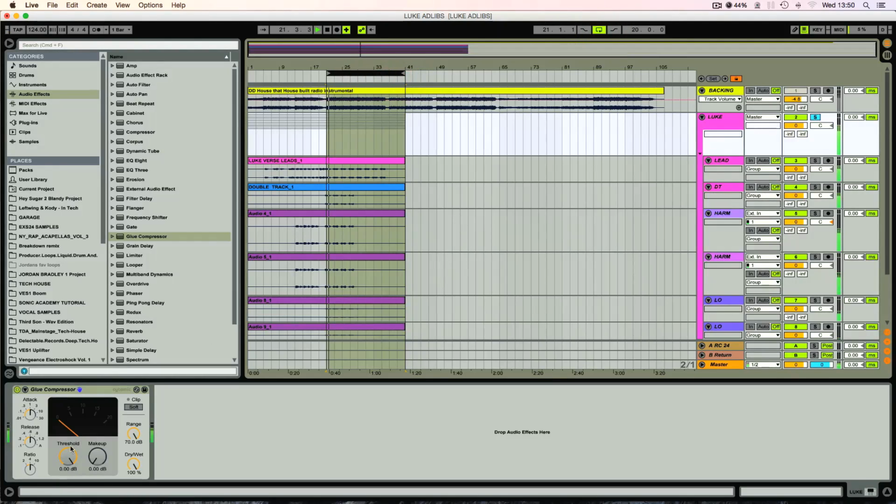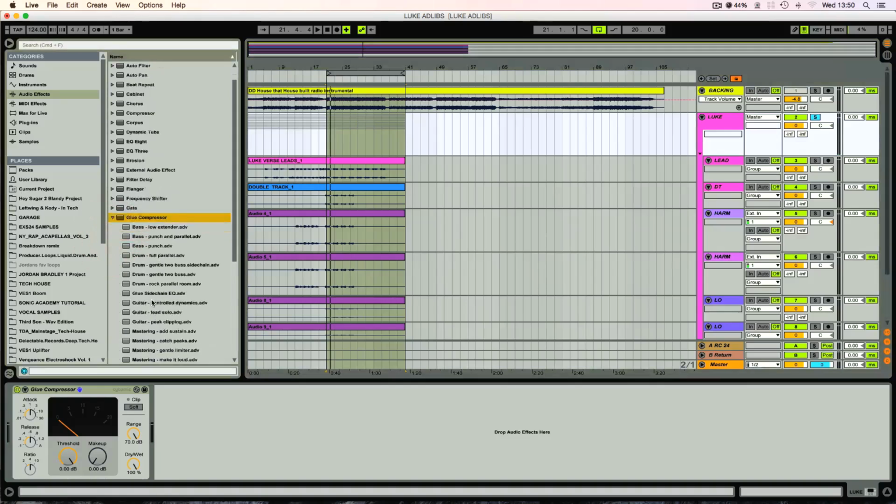House that house built. Okay, so again, there are settings already